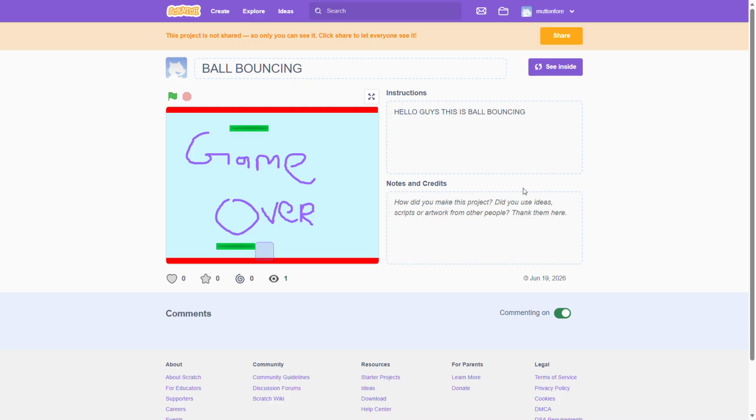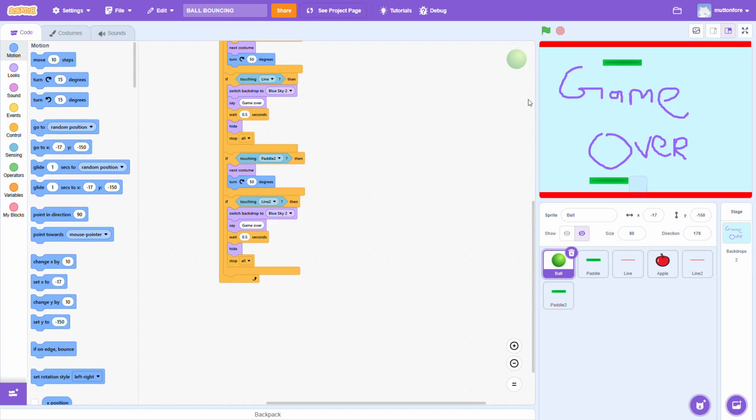But we haven't shared it. Guys, let's just add the instructions and notes and credits. I think so, we have already shared a project before, but if you wanted to add this, you can add it. But let's make the ball go a little faster because